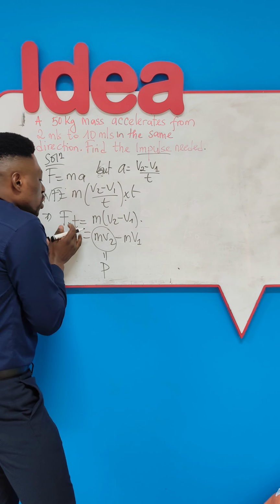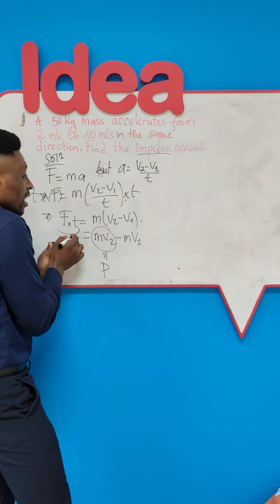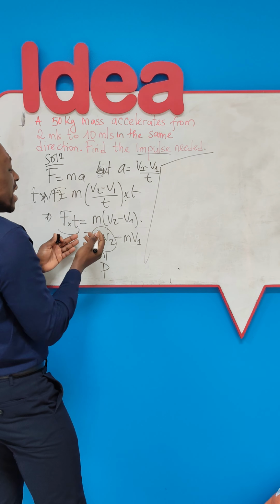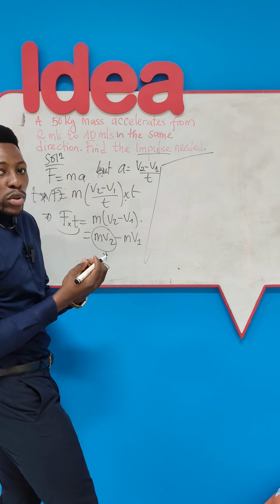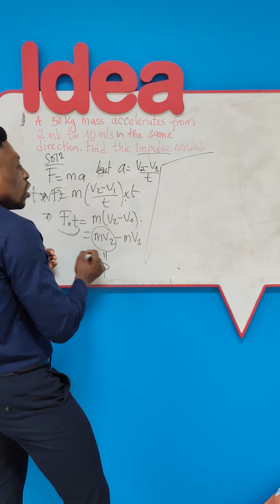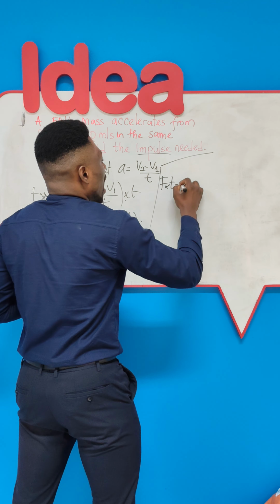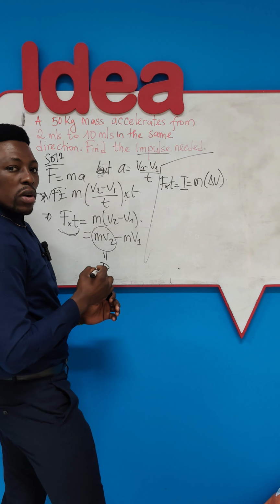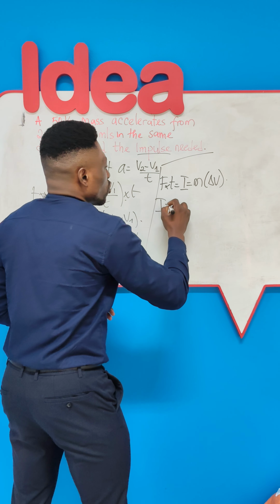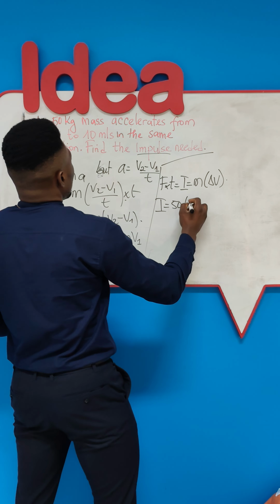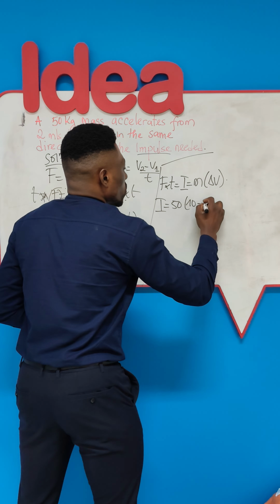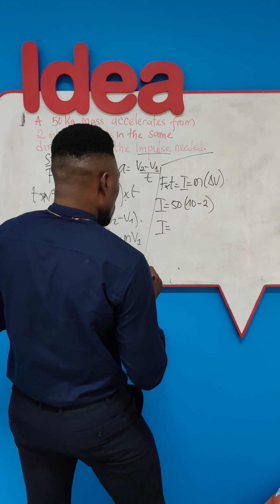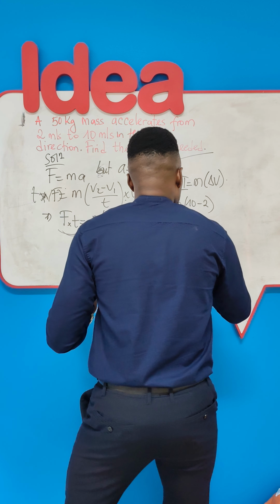And this is actually what gives us what we call the impulse, because the left hand side is what we call impulse. So when they're asking for the impulse needed for this acceleration, they're in other words asking for the change in momentum of the object. So F times t, which is the impulse, will be equal to the mass times the change of the velocity. So the impulse in this case will be equal to the mass, 50 kg, times the change in velocity, v2 10 minus v1 2. So if we correctly punch this, this should give us 50 times 8, which gives me